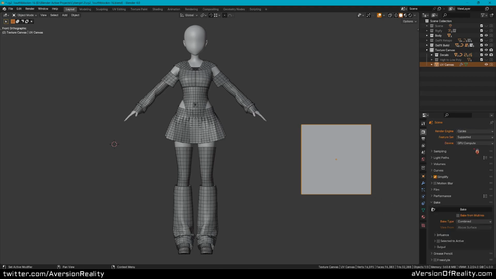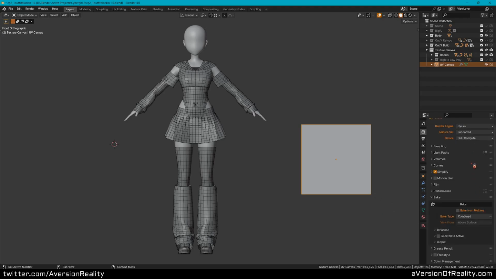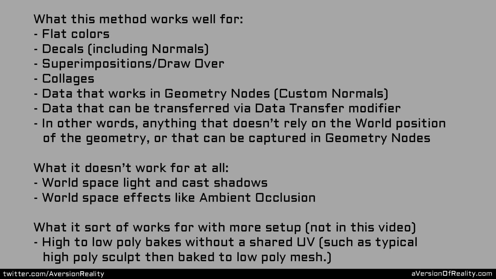All right, so baking textures and Cycles. Not anybody's favorite. We use it because we have to. It does the job. There's no other options except add-ons. But we all wish we could bake in Eevee. Often we don't need all of the stuff Cycles does.